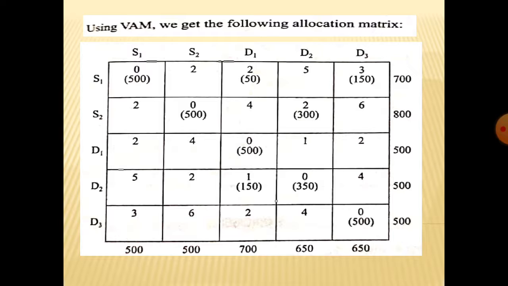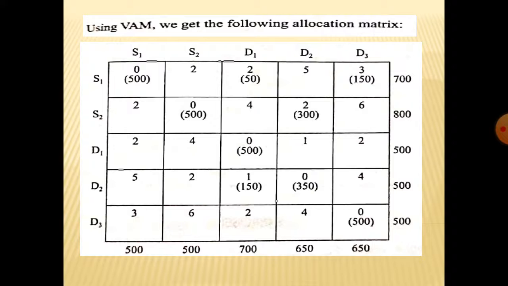Because I have solved many types of problems in the WAM method in previous classes, as you observed. In the WAM method, the penalty method, you are going to get a very good transportation cost. We can reduce the transportation cost in the WAM method. So any industry uses the WAM method only to reduce the cost. So you have to use the WAM method only to get effective results.